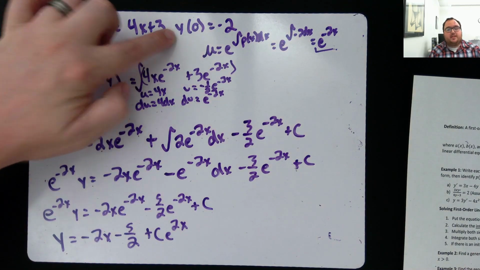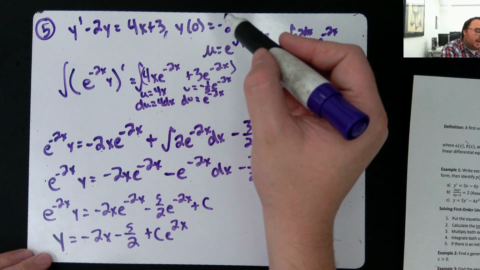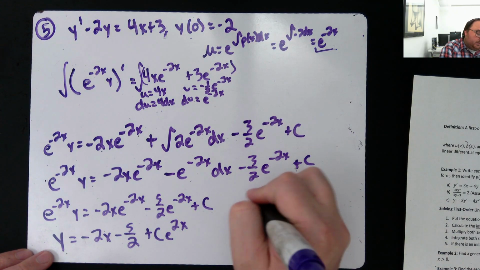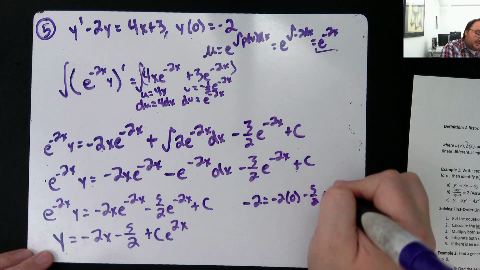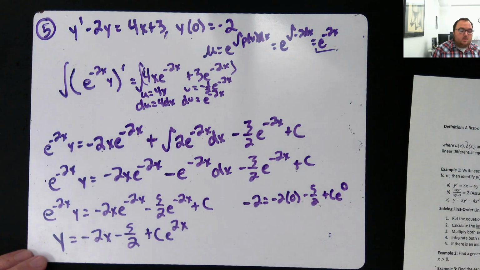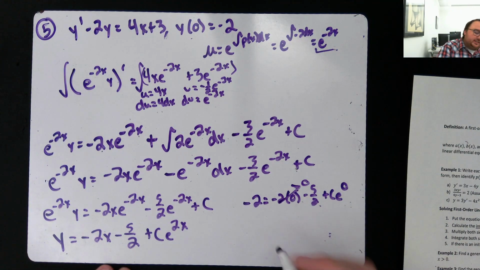I have a point, which means I've got to solve it for c. So plug 0 in for x, negative 2 in for y. Negative 2 equals negative 2 times 0 minus 5/2 plus c e to the 0. That's going to give me 0. This is going to be 1, which means it's just 1c